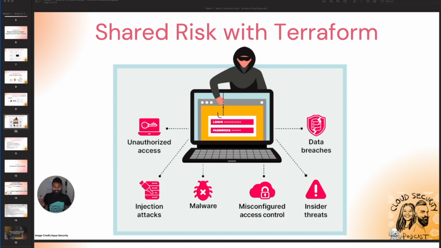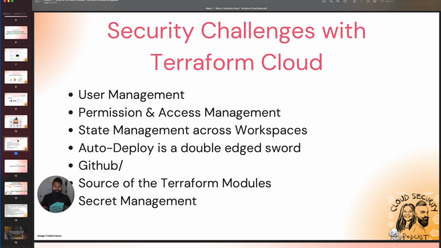Inside a threat, I may just decide to be a bad person. There might be malware in the repository that's being shared, or misconfiguration of access control that may give me privileged information that I should not have access to. Data breach is another common one as well, and it can probably even expand to a lot more. You can think about things like your